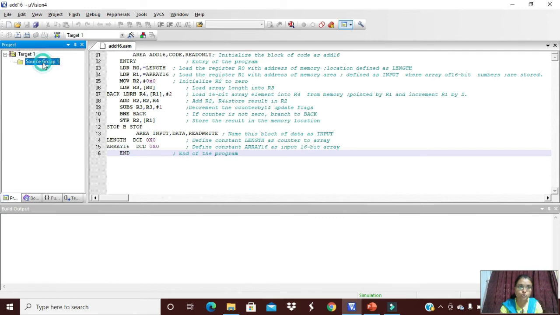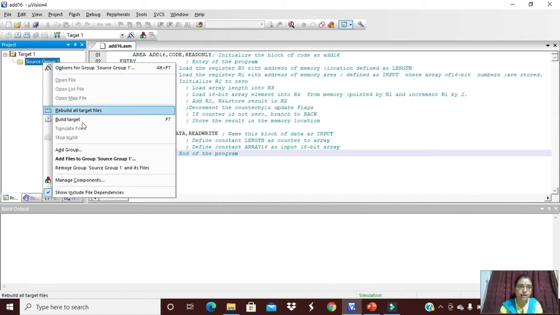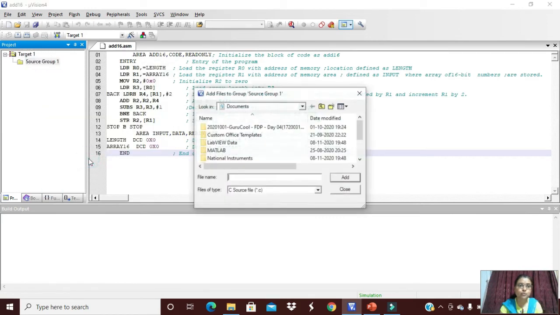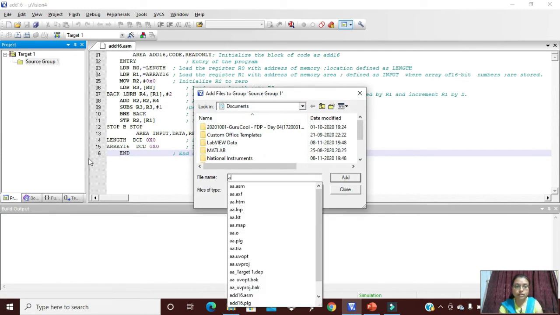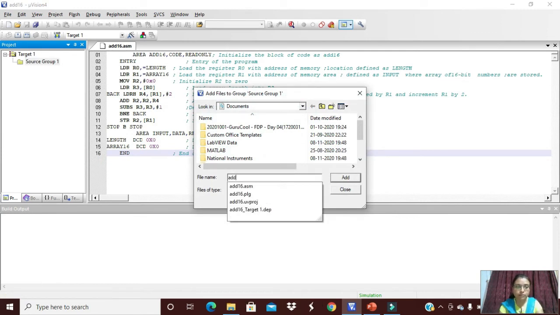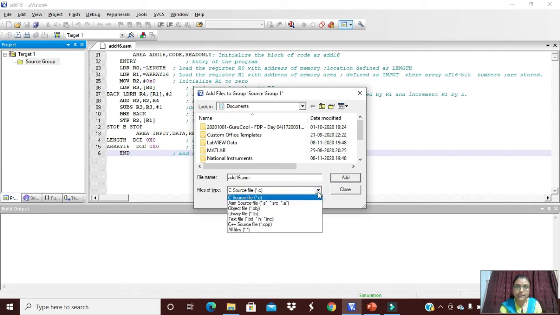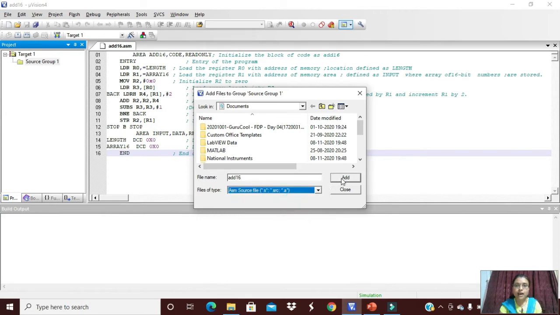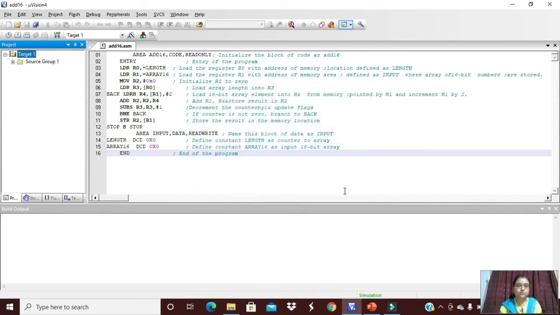Right-click on Source Group and add the files to the source group. Whatever name you have given, that ASM file should be added. See here, the file type is C source file, but yours is ASM source file. Select ASM source file, Add, Close. See here, in the source group, your file is added.